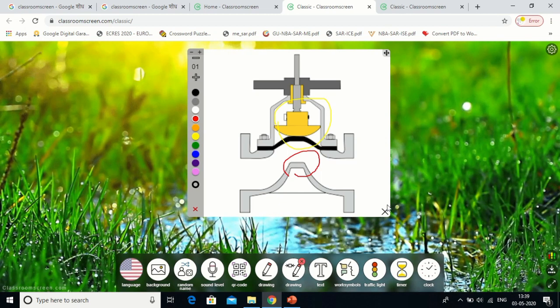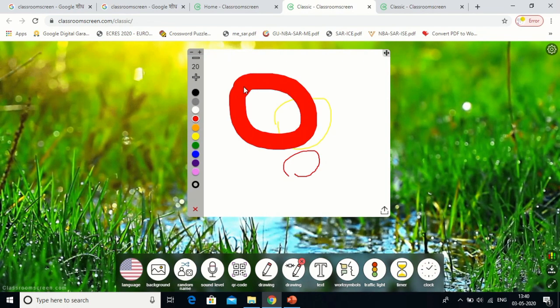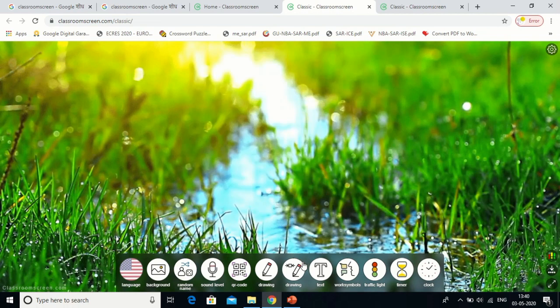Okay, so I can cancel it, I can erase this also. If I want to increase the font size, I can increase by clicking this button, so my font size will now increase. So see, you can see this. I can even decrease it. So this is my font size which is available. I will put a cross over here for cancelling the screen and cross over here for cancelling this.